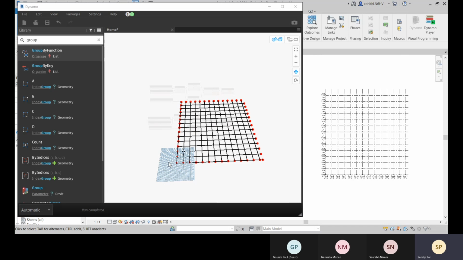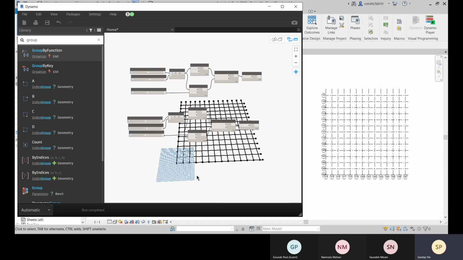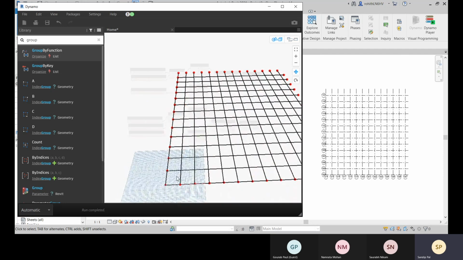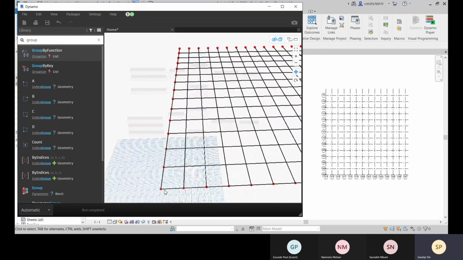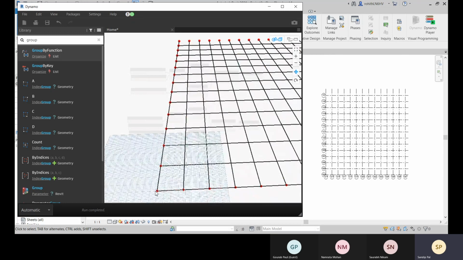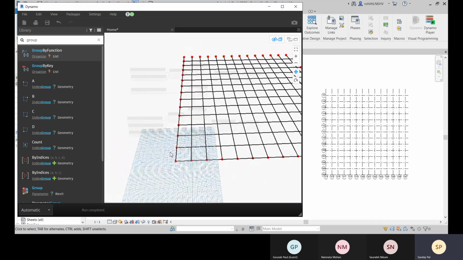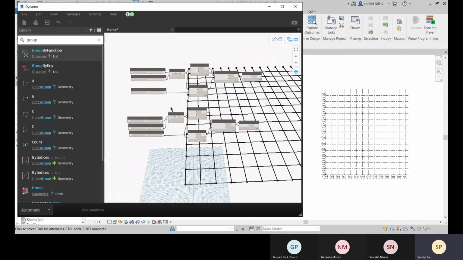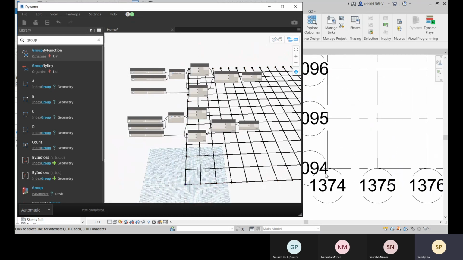Now let me come to this dynamo and control B. So now you see that this point is similar, right? So for this vertical grid and this horizontal grid, the points are similar at this start point. So you can give some offset over there. So for that, we go for here. You can see it as well.